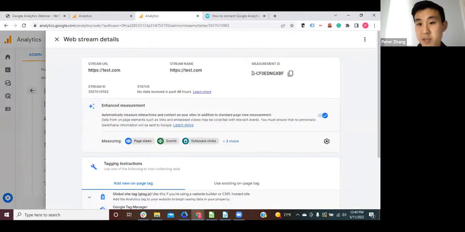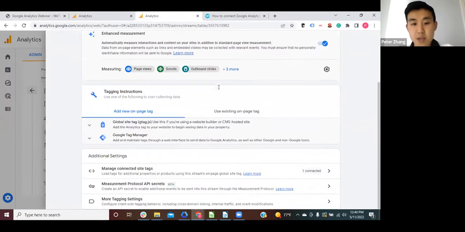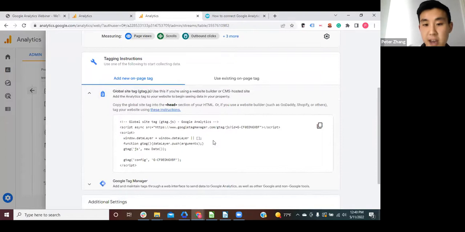So it might just be copy your measurement ID and put it into this box. But if your website does not have that setting, you'll have to look into ways to install your tag, and you can see there are a couple methods. Google Tag Manager is a product that we won't be discussing here, but it is a way to install. It does require a little more advanced understanding to create that account and connect that with your website. So we're sticking with just adding this code.